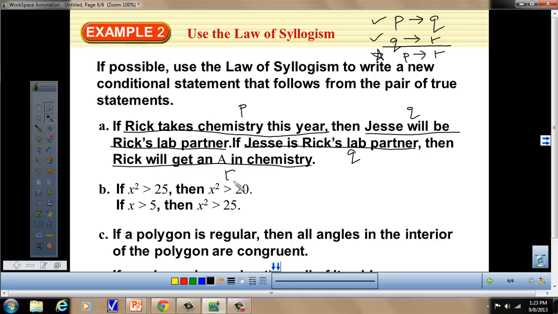So again, we have P implies Q and Q implies R. My final statement will be if Rick takes chemistry this year,